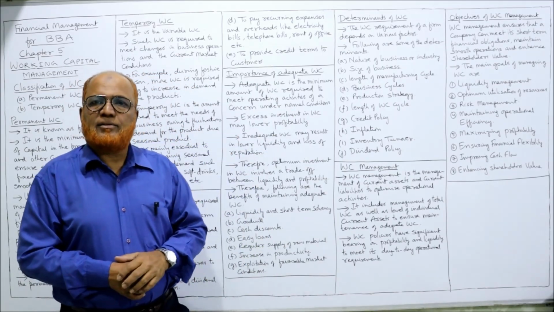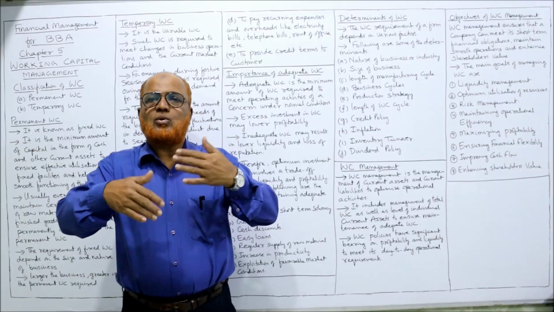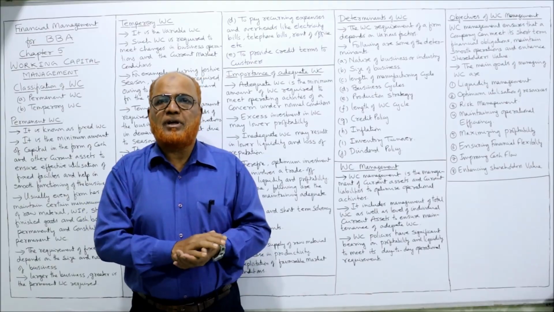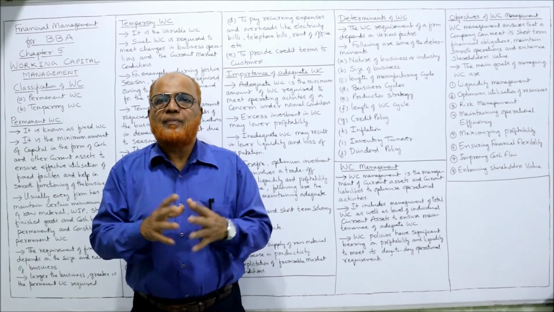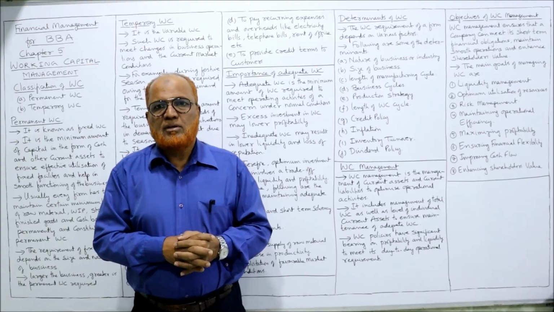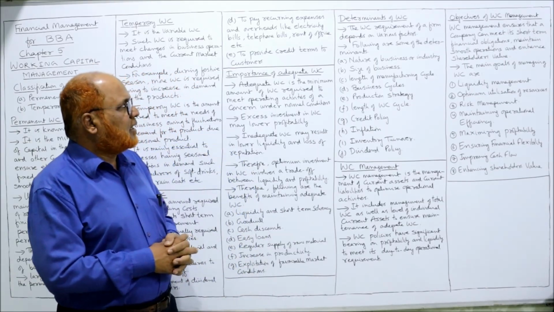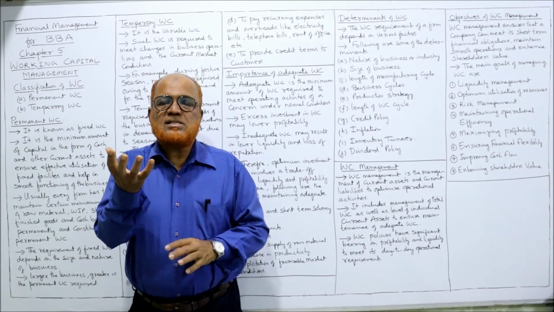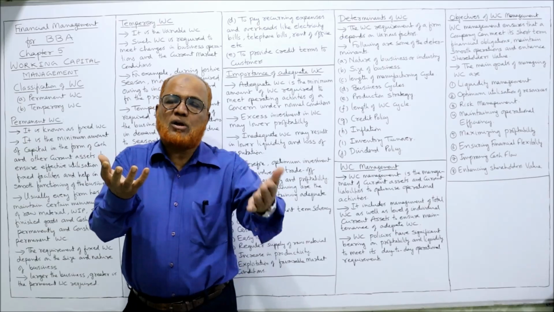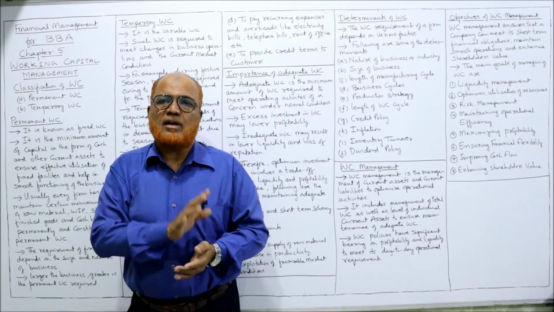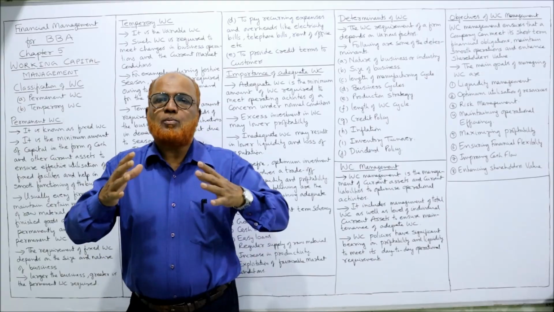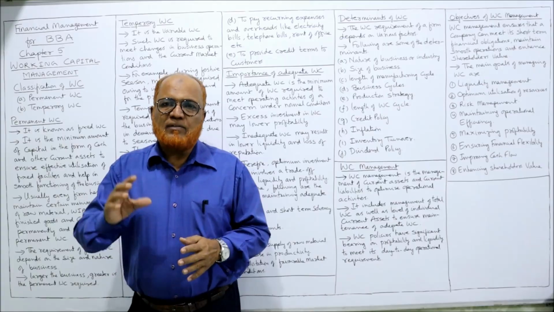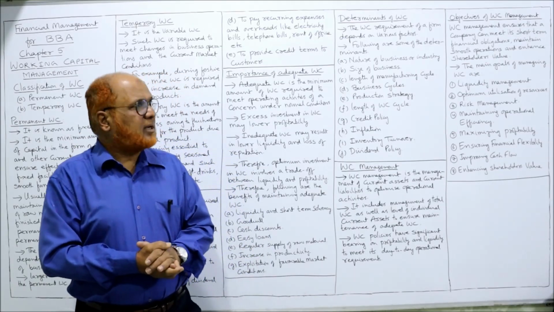Next is business cycles. That means every business will pass through different phases like boom period, depression period, recession period. So during this period, the working capital will also get affected. So it depends on the business cycle. Next, production strategy. How you are producing the goods. What is the strategy adopted by the business for production of goods? On that basis also working capital is required. If the business wants to produce in bulk quantity, more working capital. If the business is manufacturing in smaller quantities, less working capital.